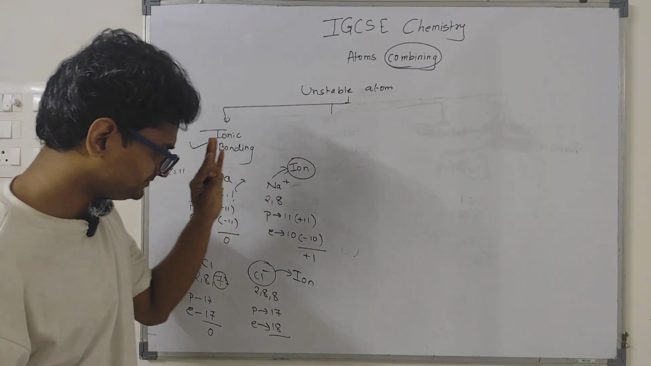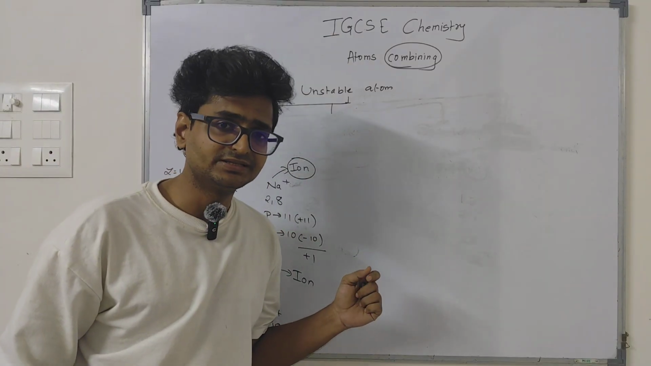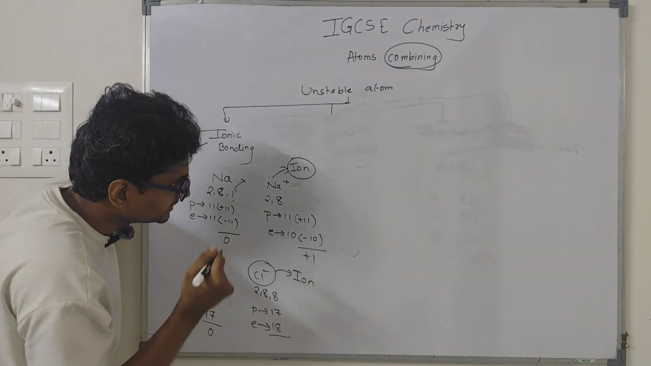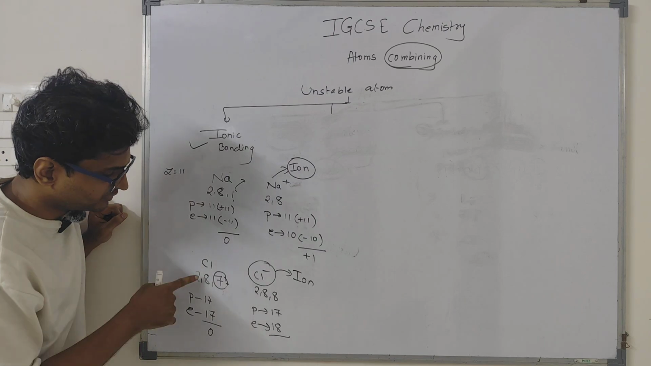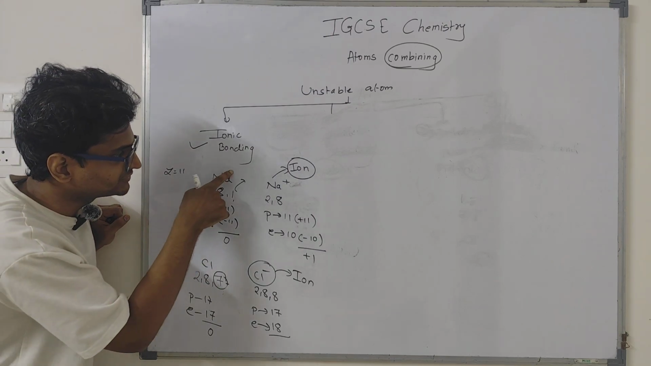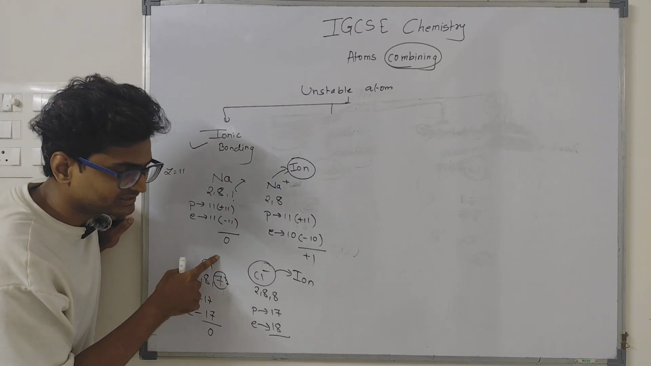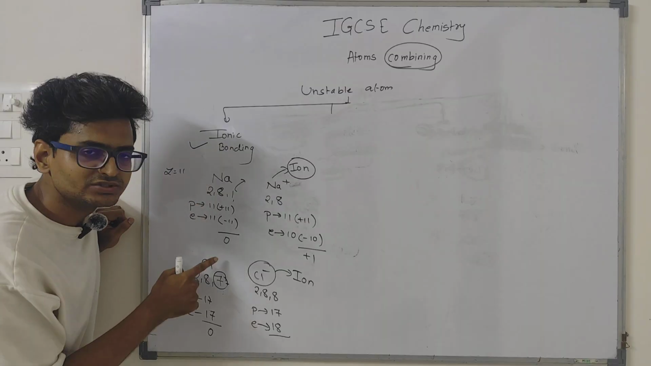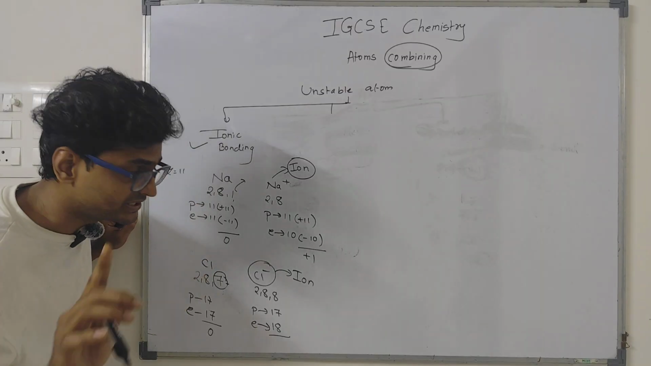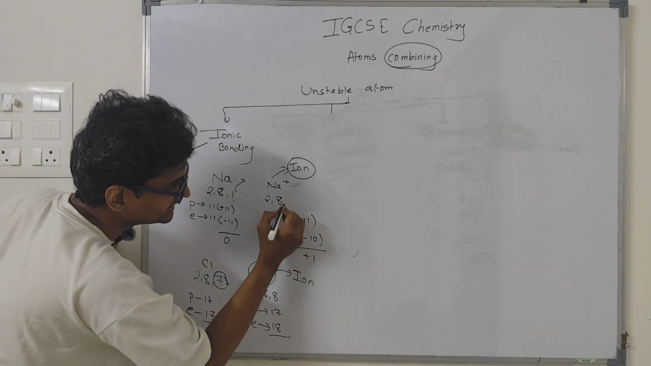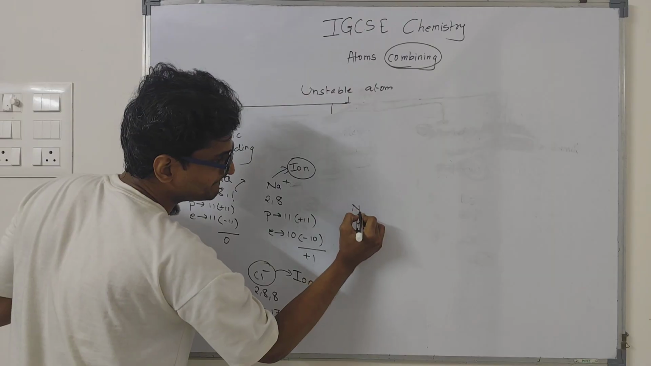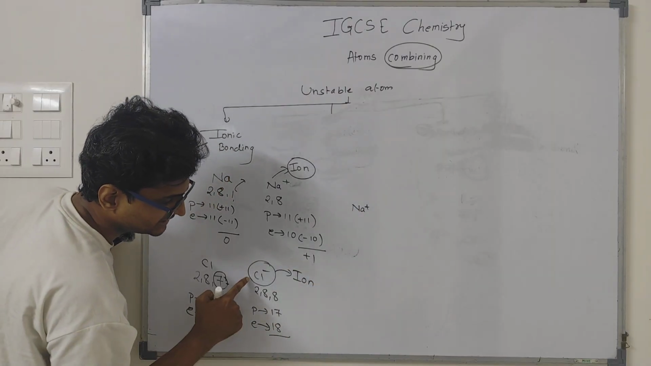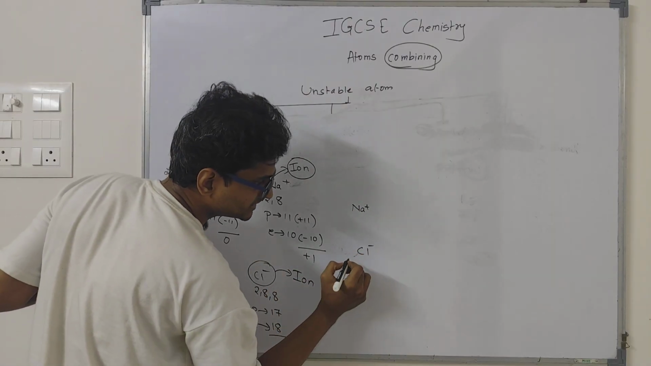Once you understand this, now see. Tell me, before transfer of electron, this sodium has no charge, right? Even this chlorine had no charge. So since they had no charges, there was no attraction. But now, if you see, this Na has become Na plus, and this Cl has become Cl minus, and now